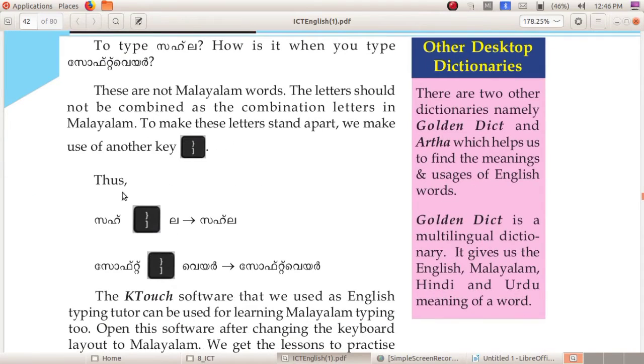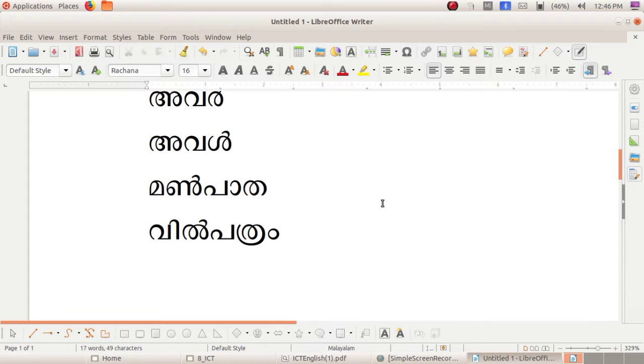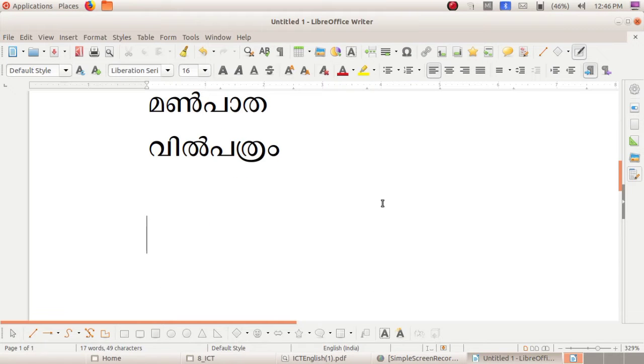Next, here you want to type two words, that is Sahla and the second one is software. While typing these words, some problems will occur. Let us see what that is. First of all, I am typing Sahla. Okay. Sa, H. Then I am going to type La.